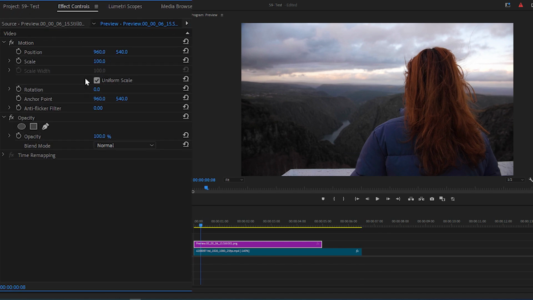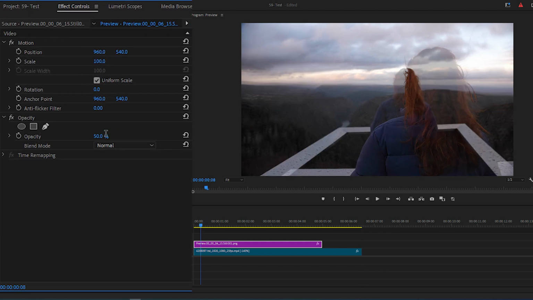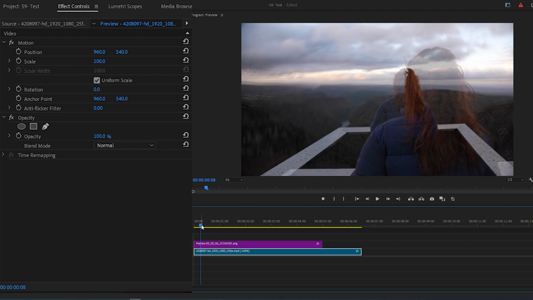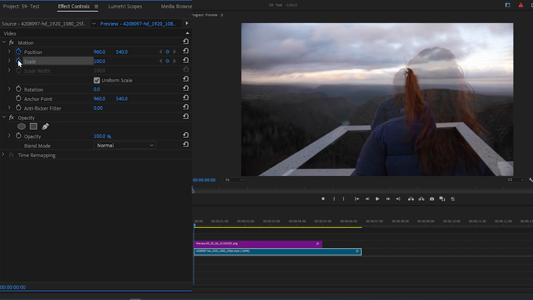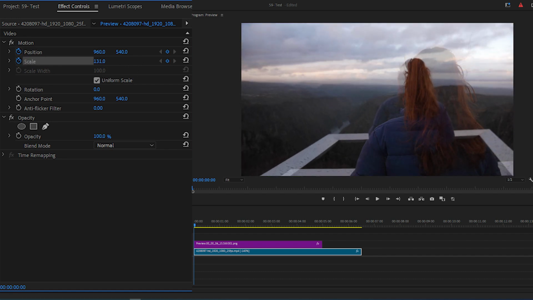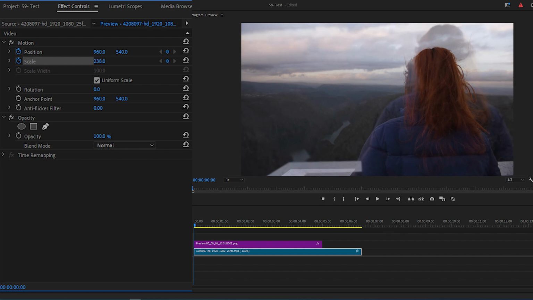Increase the opacity to 50%. Select the main clip. Go to Effect Controls panel and click the stopwatch icon for scale and position to make keyframe. Now change both scale and position values so that your main subject is in the same location as the